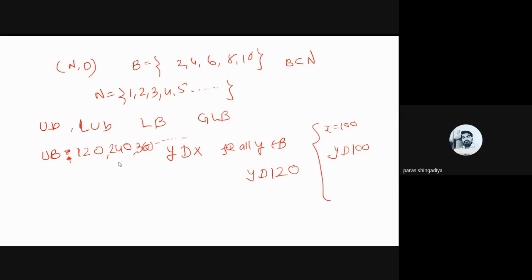तो 120 का मल्टीपल आप यूज करते जाओ, this will be the upper bound of the b, ठीक है, which use the divide relations for all this value of b. So this is the answer of upper bound. And now list upper bound. तो LUB क्या होगा, list upper bound, that is 120, ठीक है, the lowest value among that 120.